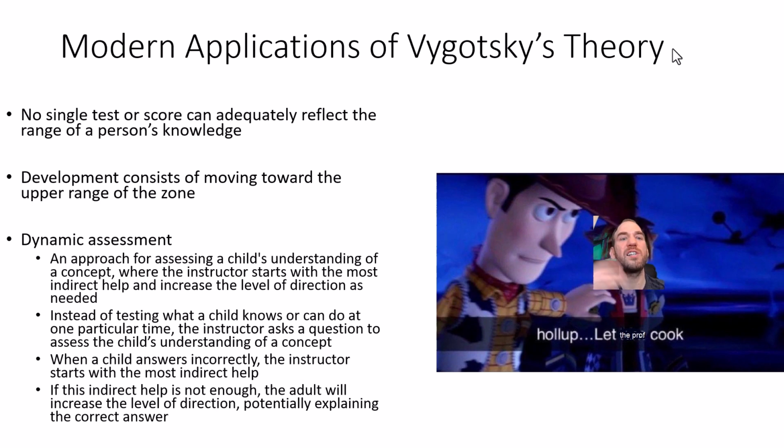So in this case here, instead of true-false questions or something along those lines, you're having a child think through a question, a concept, and verbalize it or write it out. And the idea here is that the assessor, teacher, parent, or mentor initially allows the person to talk through this concept, talk through the question, and see how far they get. And then the mentor will listen to the child's response and say,